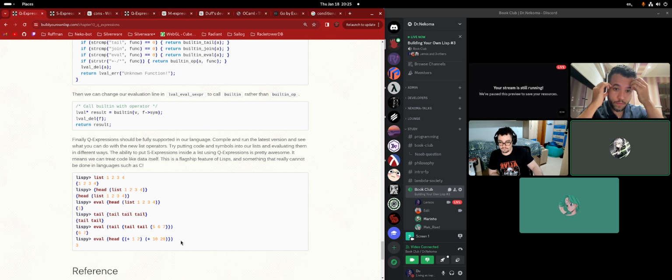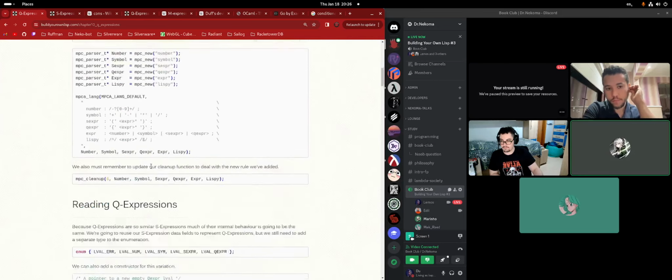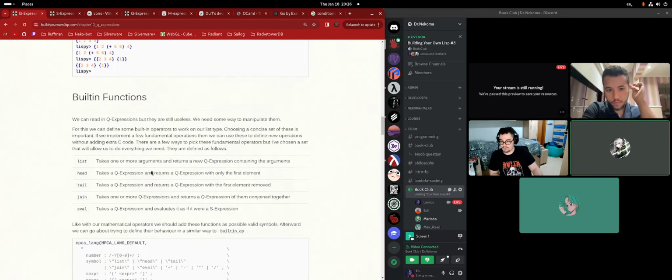Right, it calls head, which will return a Q expression containing an S expression, and then we will call eval on the Q expression, which will evaluate it. Because it is a Q expression with only one element, when it gets evaluated, if you recall from how eval was originally defined, there's a single element, we implicitly unwrap it and then call eval recursively on the inner element.